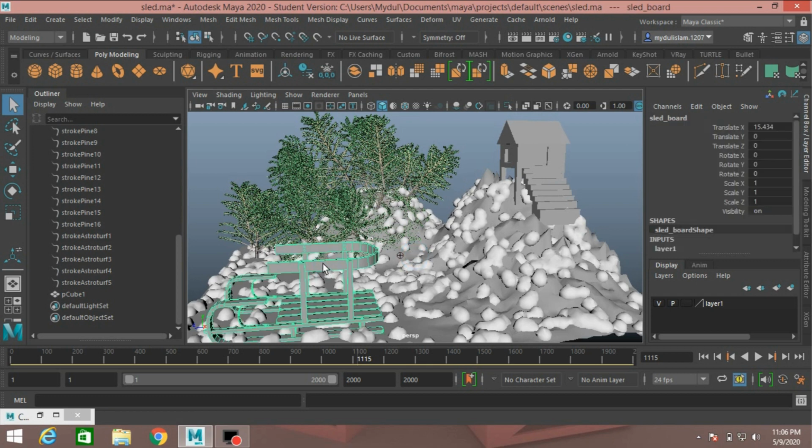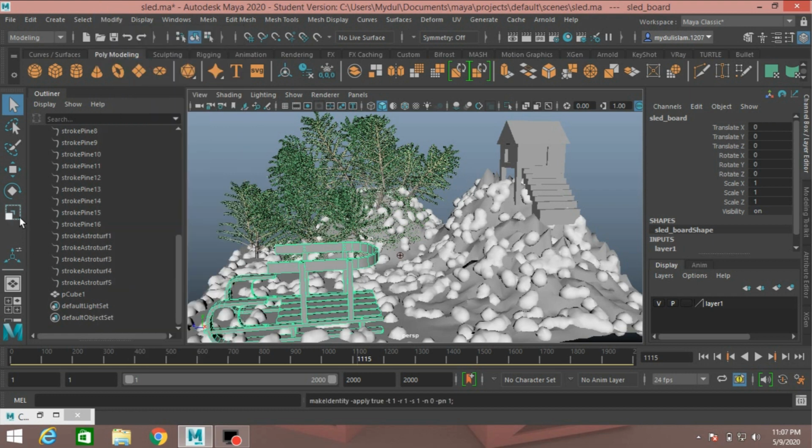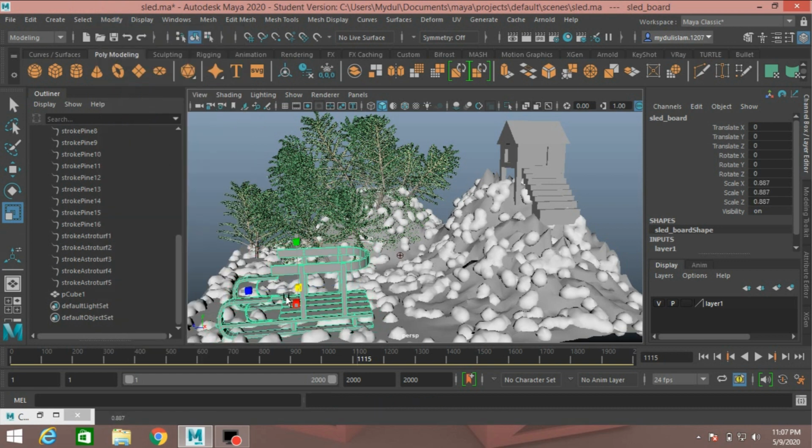Select the slate board. Select modify, freeze transformation, and modify, center pivot. Scale it just like this.